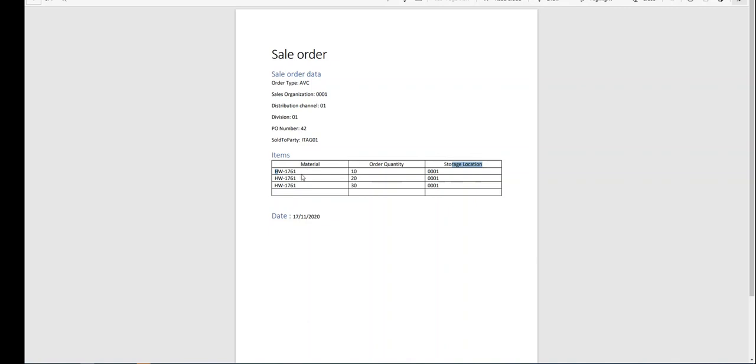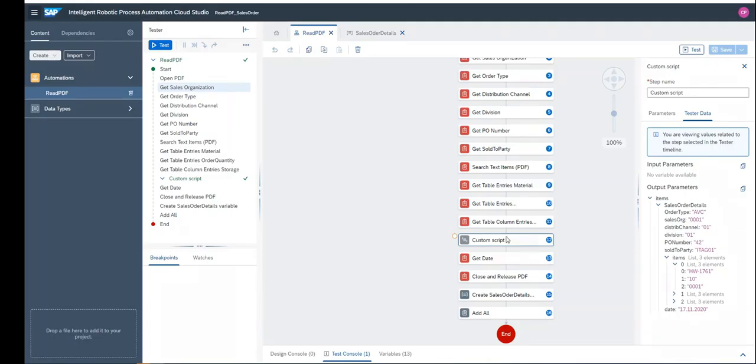Earlier when you retrieve the data, you have it only column-wise, but I want to format it in such a way that the list has each entry, each line item, with material, order quantity and storage location. So that's what the custom script is doing, removing the spaces and also forming it into an array of line items. So now you have all the details and also the items here.